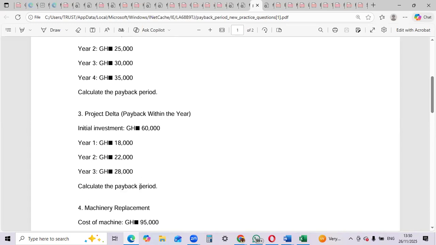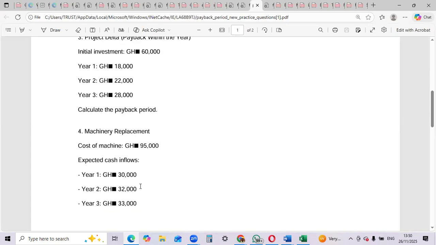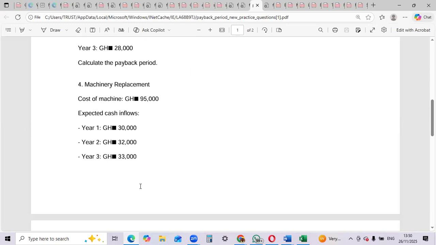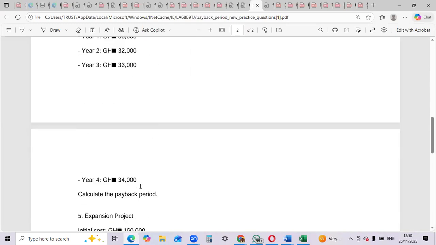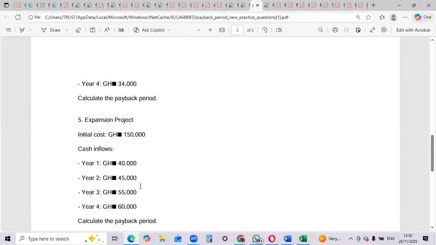Calculate the payback period, machinery replacement, cost of machine, because you have the initial cost, that is the same thing as the initial investment. You have the expected cash inflows. So that is basically that. All right, so I think we would have to end here,